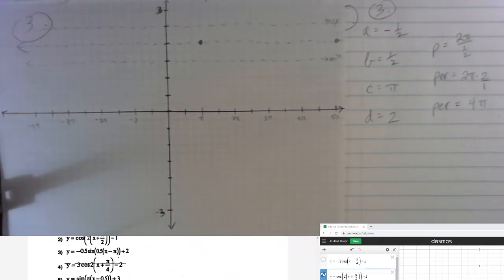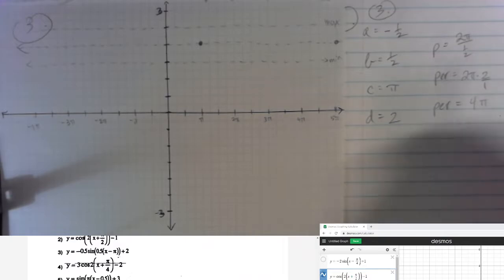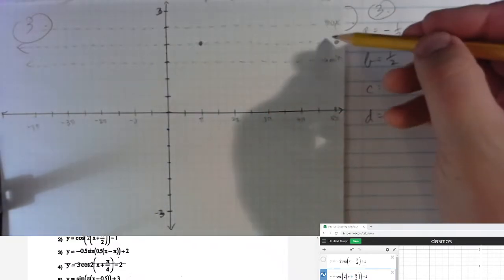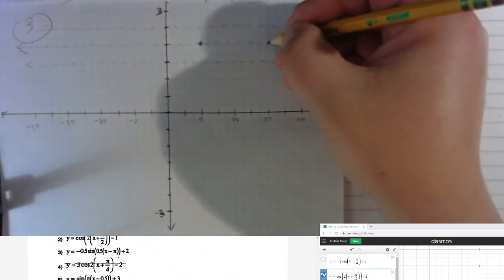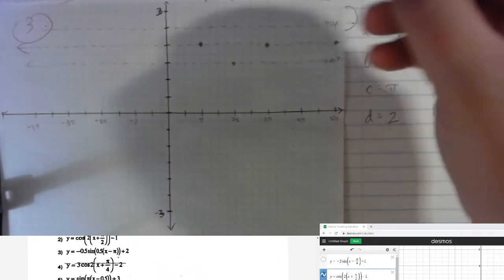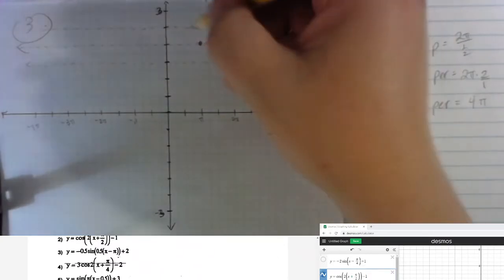All right, I am ready to start graphing now. I've got my starting point, my end point. It's a sine curve and it's going down first, then up. So the distance from 1 to 5 is a distance of 4. The middle of those: 1 plus 5 is 6, 6 divided by 2 is 3, so the middle will be right here at 3 pi. So there's the other node. It'll have its minimum first at 2 pi, its maximum at 4 pi, and I am ready to go. So